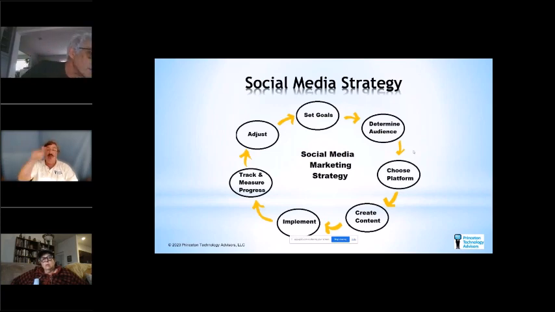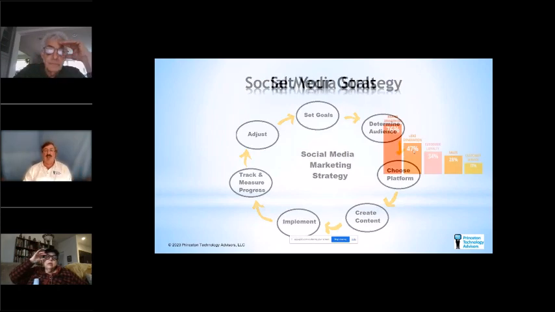You may go around this a few times until you're really satisfied with the results you're getting. I usually like taking this approach on a platform by platform basis. You might try using an Amazon platform. You might try using Facebook. And then you do this iterative process again and again. But this is important for social media.